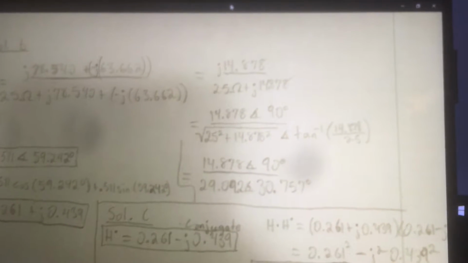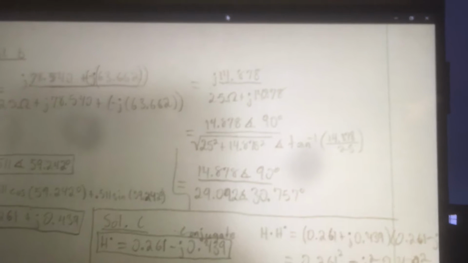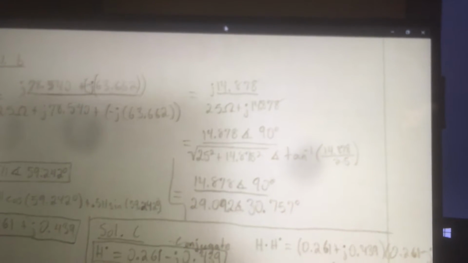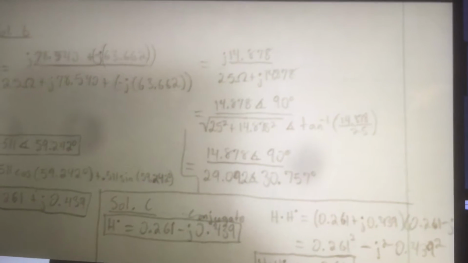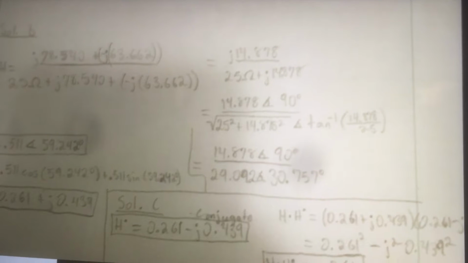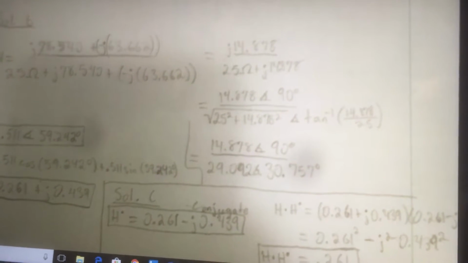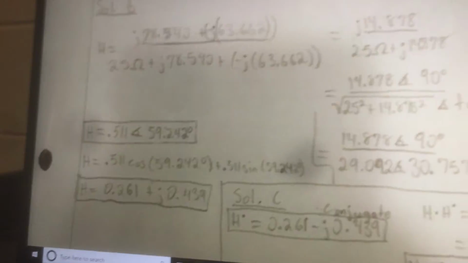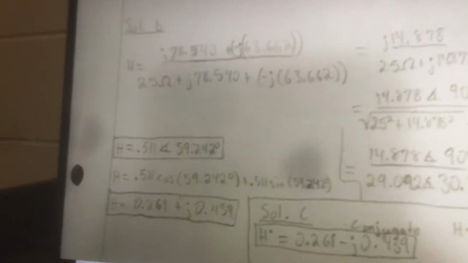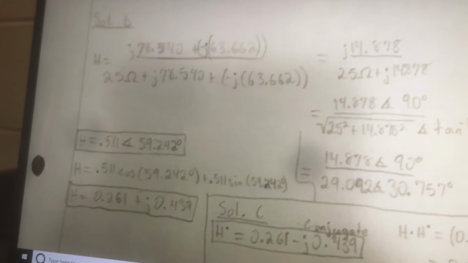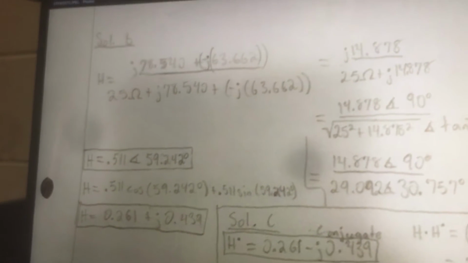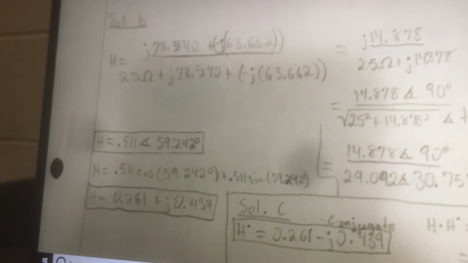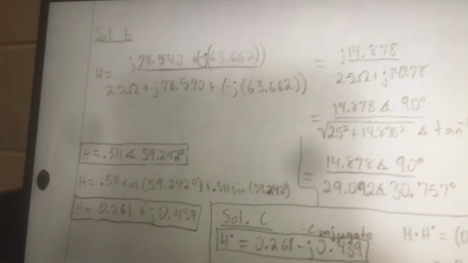And we take the Y and the X component to find the angle. So we say arctan of 14.878 over 25. To simplify it, we got 14.878 angle 90 degrees over 29.092 angle 30.757 degrees. And because the question asks us to write it in polar and rectangular form, we came out with H is equal to